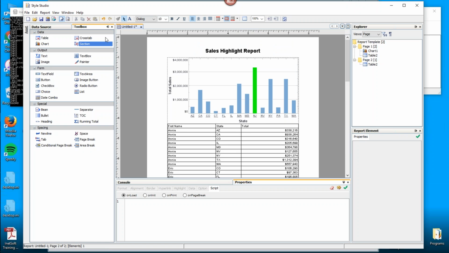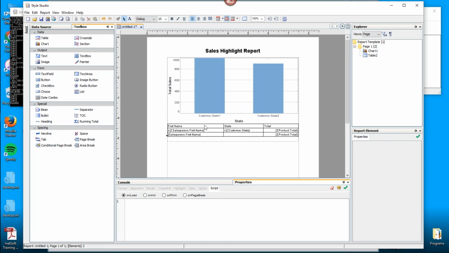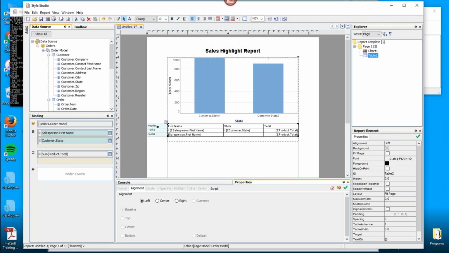If you were doing this in metadata view, it would look like this. You click on the table, you can see that there's the header row up top, and there are three rows here. There's a GF2 row. GF2 stands for Group Footer 2. The reason it's Group Footer 2 is because we've got 2 levels of grouping, and they're basically being combined into a single row. And then there's the global footer, which gives us the grand total at the bottom. Okay, so that's what it would look like in metadata view.